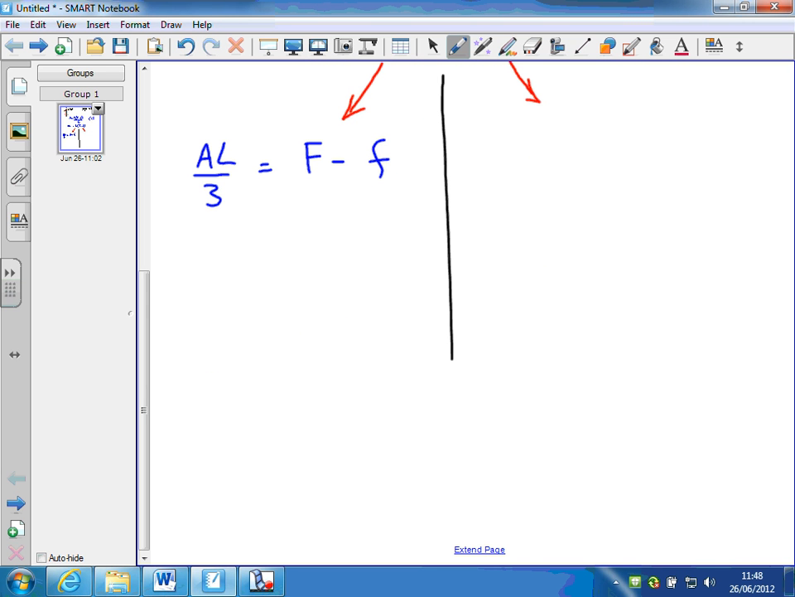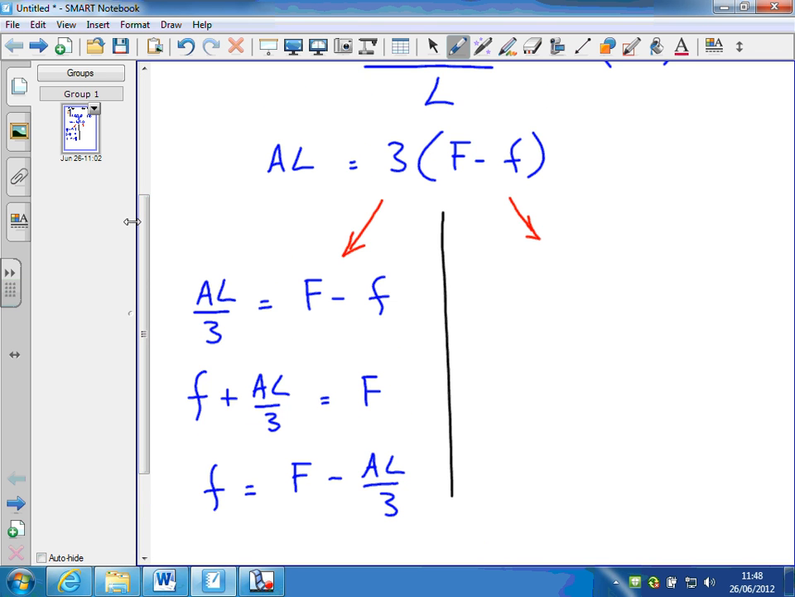So if it's negative, add it to both sides. So little f plus AL over 3 equals capital F. And then finally, to get little f on its own, subtract AL over 3 from both sides, which gives one of the solutions in the textbook. Going the other way,